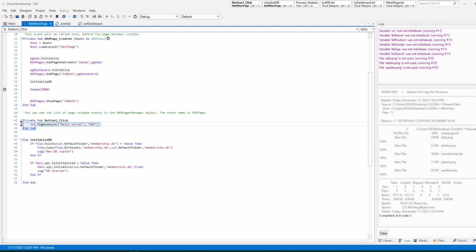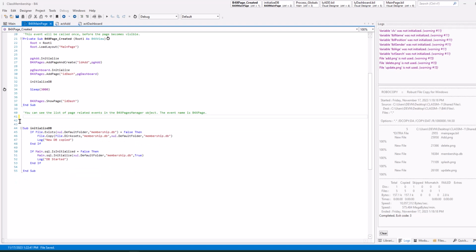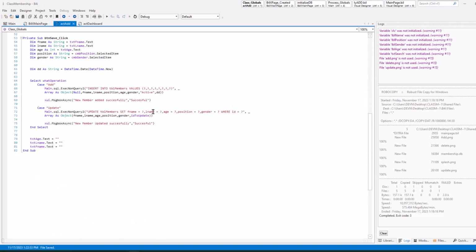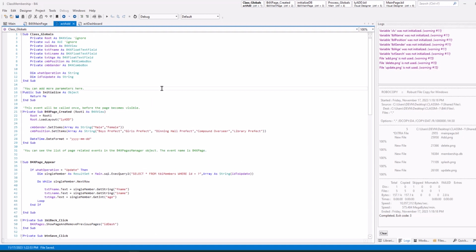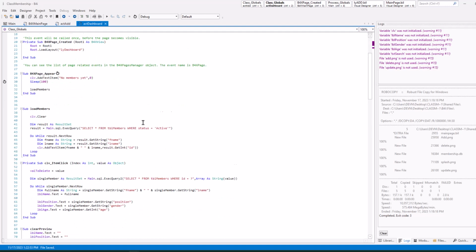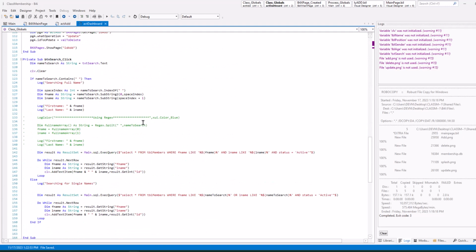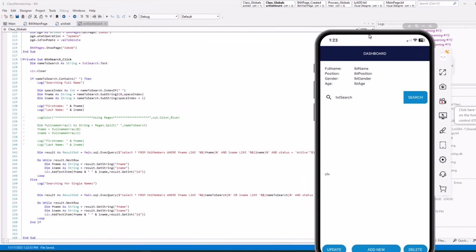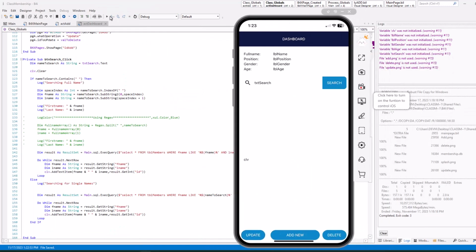I think this is no longer needed. We'll remove it. Add. Everything looks okay, no error. Dashboard. Everything looks okay from here. Let's run the app and see.